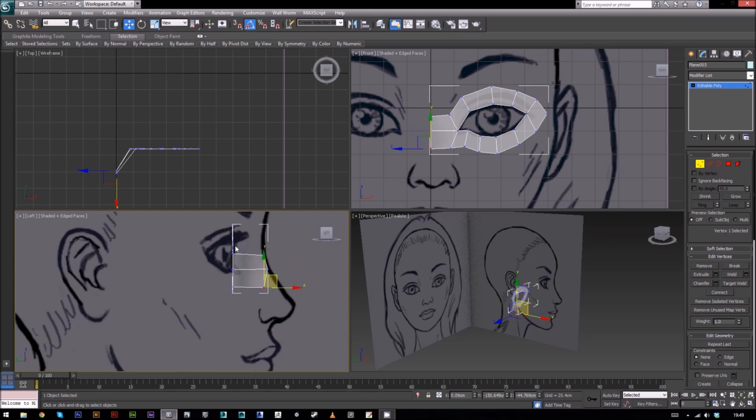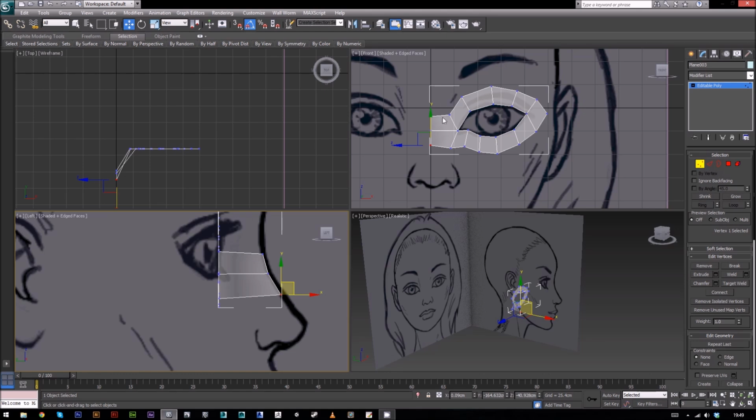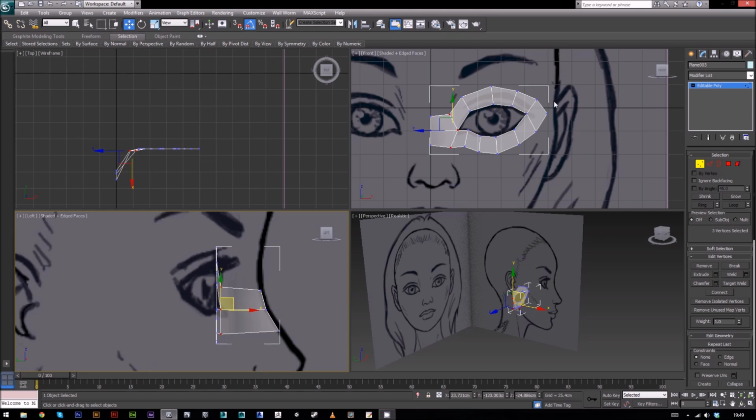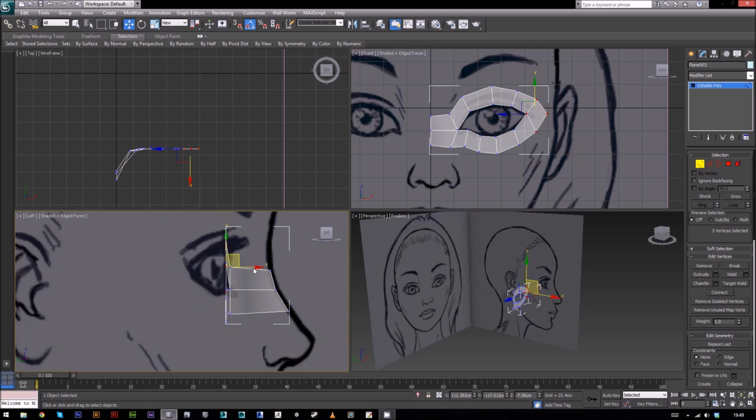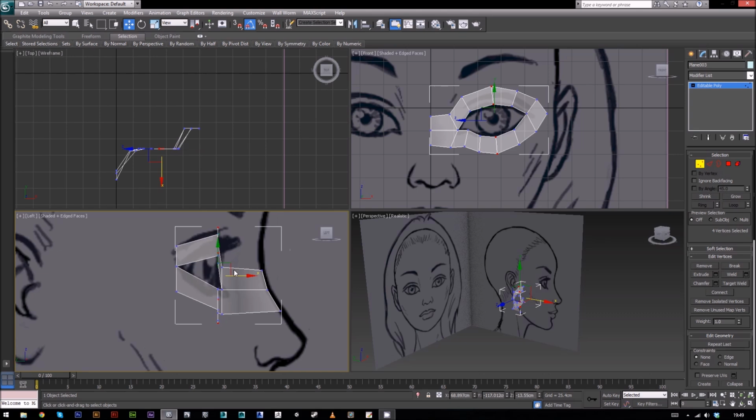I'm hitting F4 just to show the lines again, the wireframe. Move it out so it follows this shape. The inside of the eye I'm going to bring out to about here. The outside edge of the eye needs to come back to meet this part here. This middle edge of the eye, which is the furthest part forward, needs to come forward